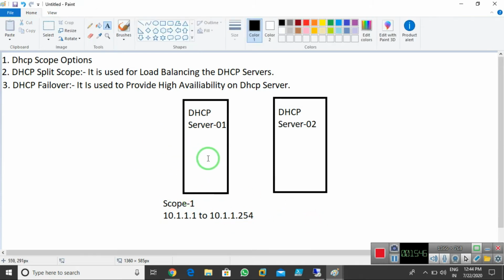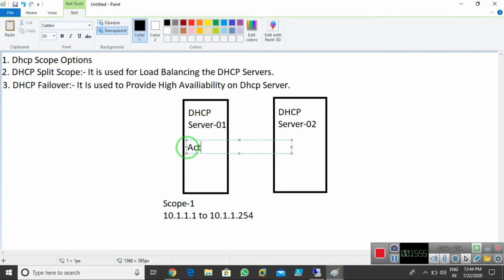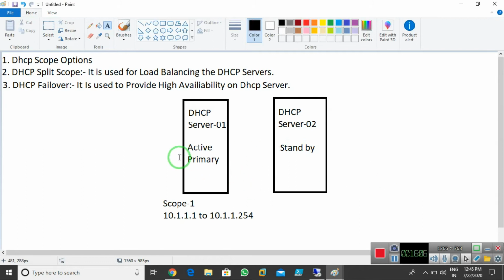In failover, this is my active server, or you can call it my primary DHCP server, and this is my standby server. Once I use failover, the scope information is saved in server 2 as well, but it's not running, it's in standby mode.